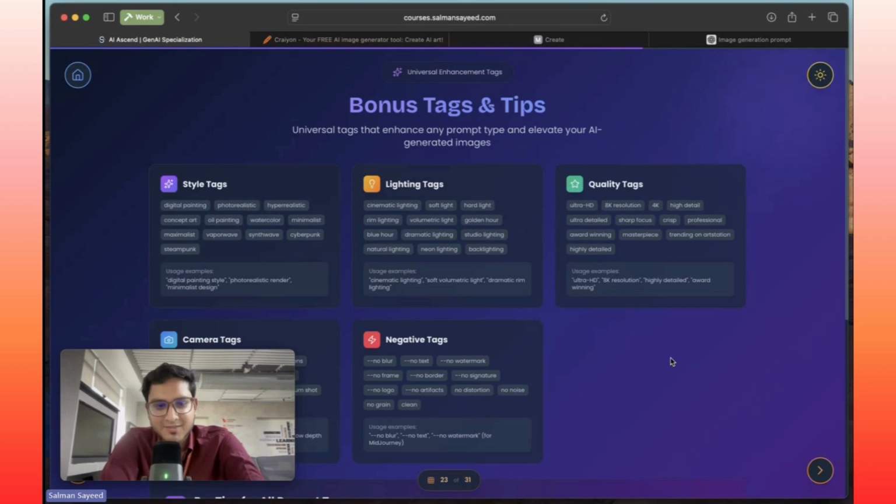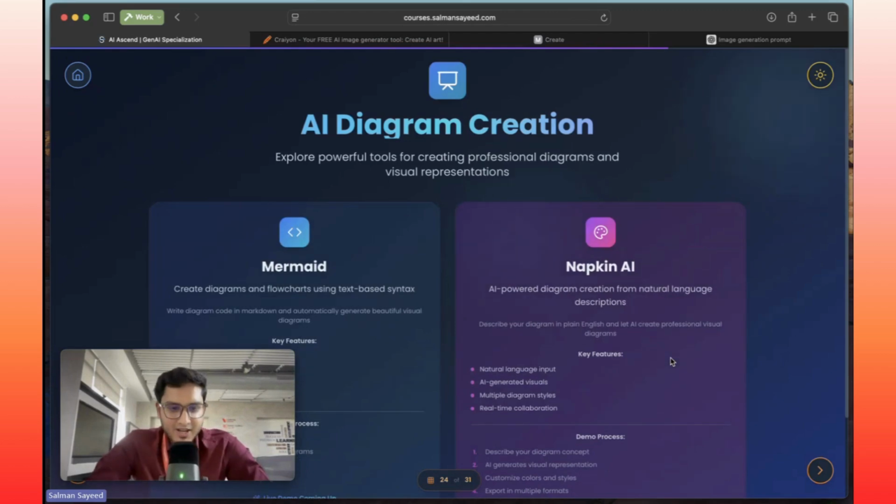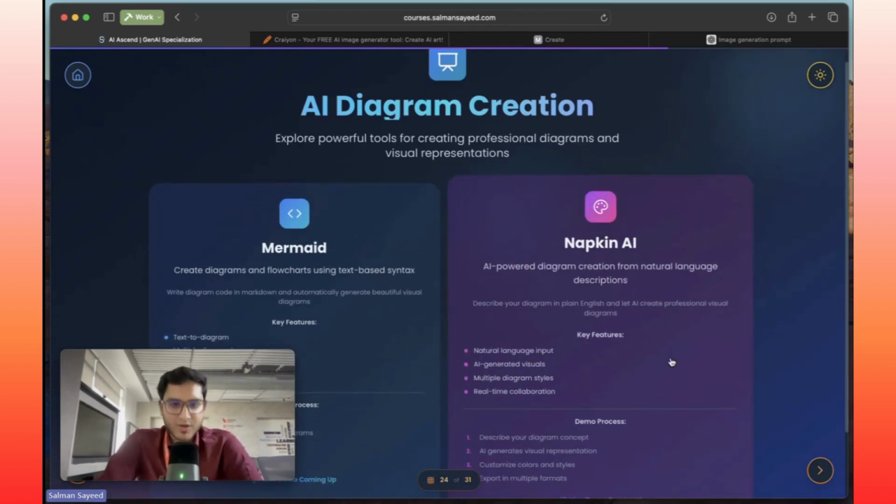So AI is basically giving you a stage to show your creativity, and the sooner you get started, the better you will get at it. And hopefully, as soon as you start using it, the better you will like it. Okay, so now we have moved out from the images and we are moving into the